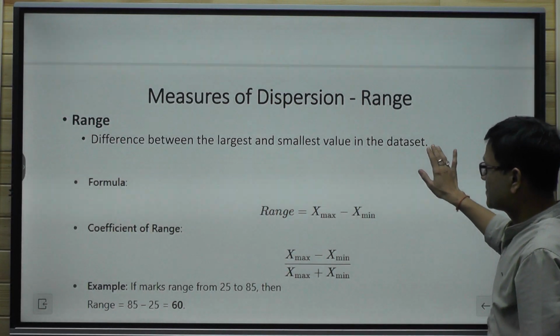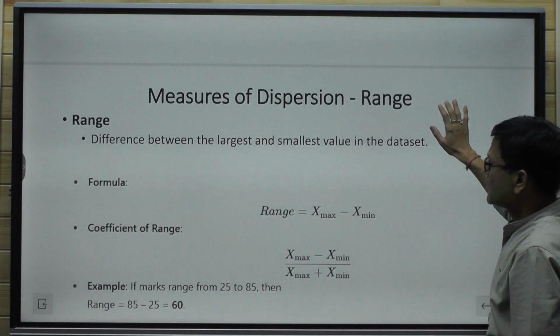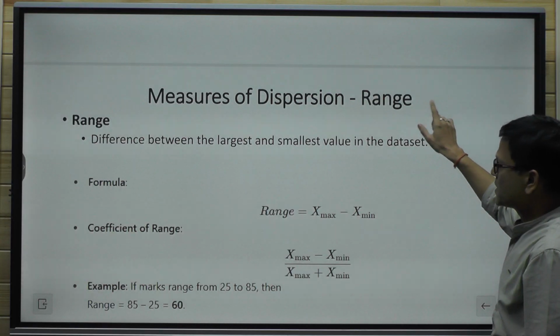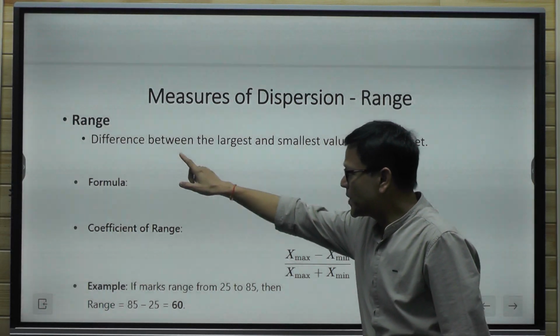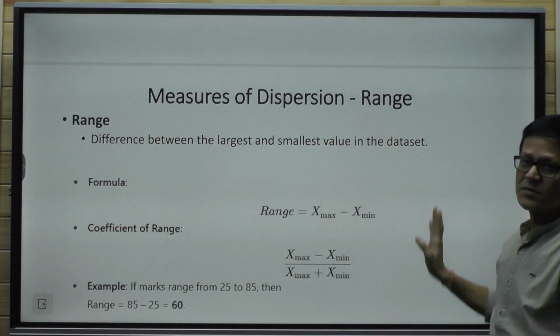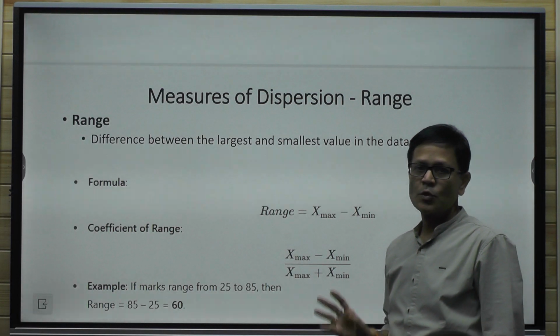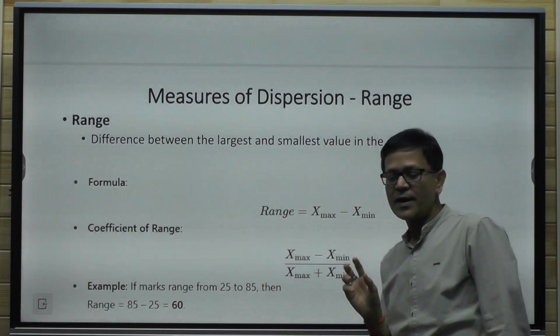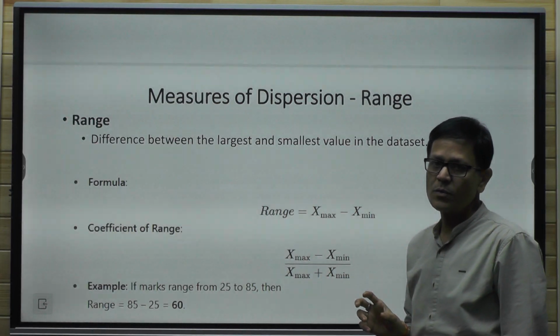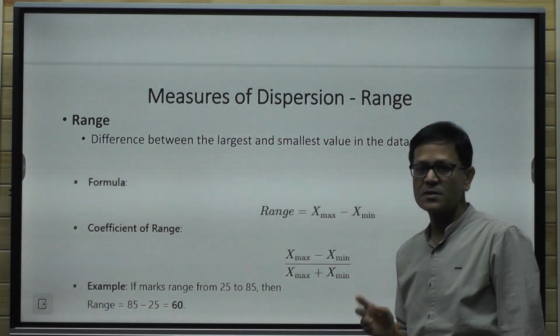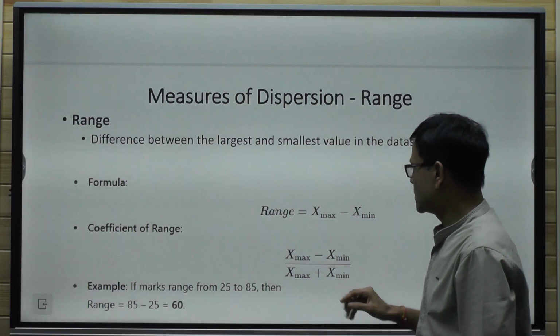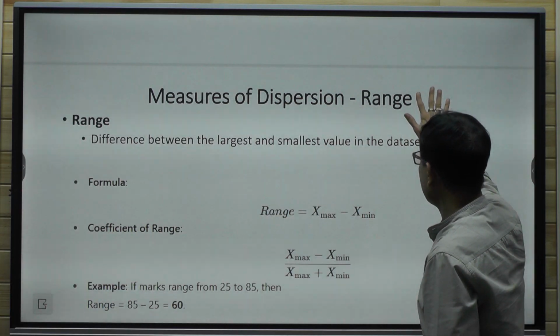So range means the measure of dispersion. Range means the difference between the largest and the smallest value in the data set. So if you have a data set and you find the smallest and the largest value and you take the difference, that becomes the range. And the corresponding formula